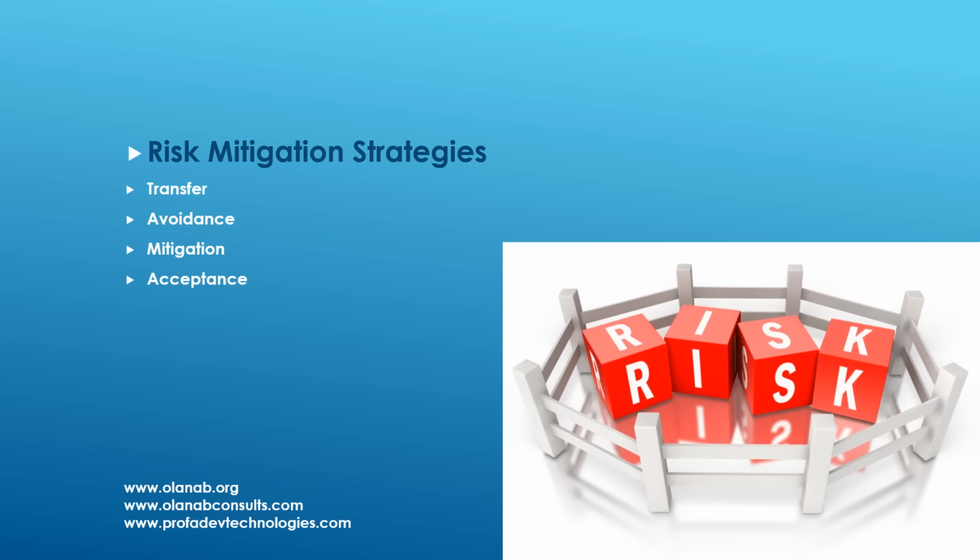The next is mitigation. Mitigation can be done in two ways: risk reduction and contingency planning. Risk reduction can be done by implementing actions to reduce the likelihood or impact of a risk. This could involve improving processes, technology, or personnel skills. Contingency planning involves developing contingency plans to respond effectively if a risk event occurs. This involves preparing in advance to minimize the impact.